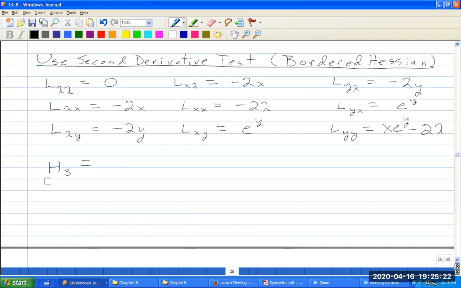Actually, let's move it down 1. I'll write H sub 3, which is actually the determinant of this Hessian matrix, which again is called the Hessian. And so this is going to be a bordered Hessian. And so in this case, it's 0,